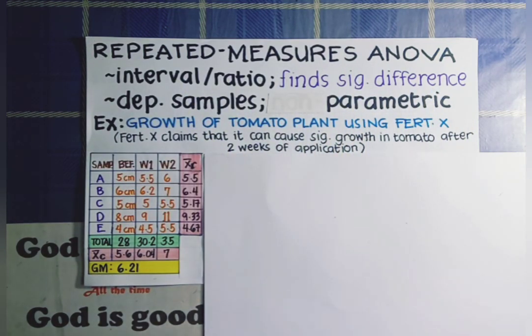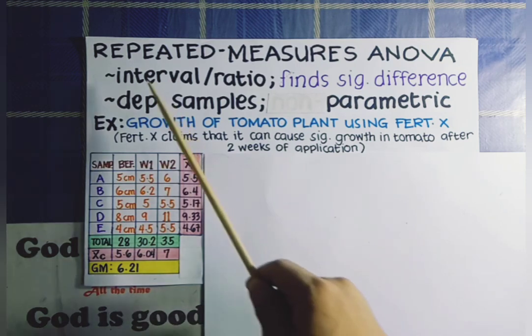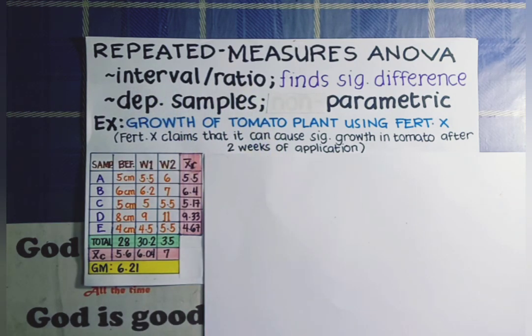Also, because in repeated measures ANOVA our data are normally distributed, the most appropriate level of measurement that we should use here should be under interval or ratio scale. To give you an example on how repeated measures ANOVA works, let's have here an example research entitled The Growth of Tomato Plant Using Fertilizer X. Now in this research, let's assume that fertilizer X claims that it can cause significant growth in tomato after 2